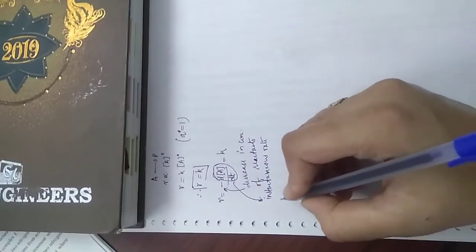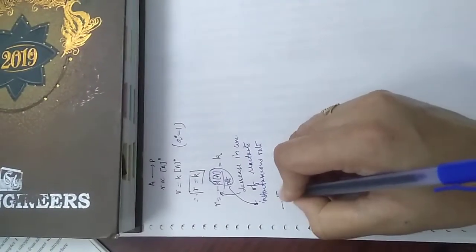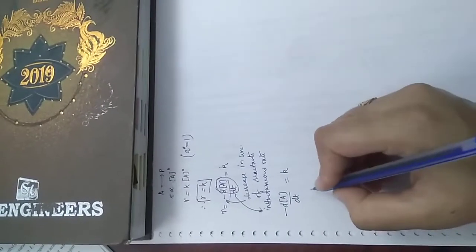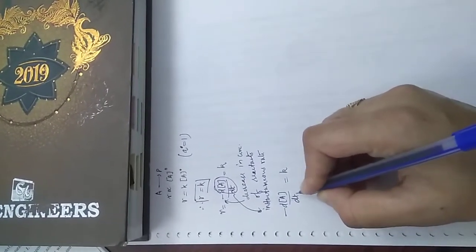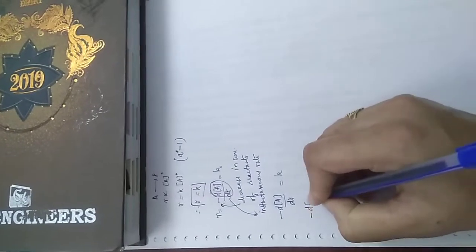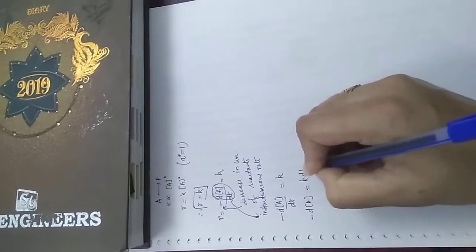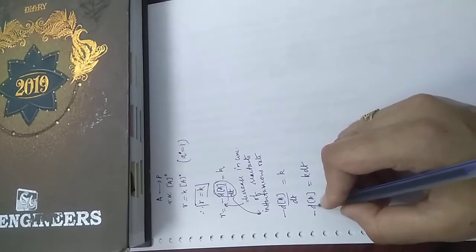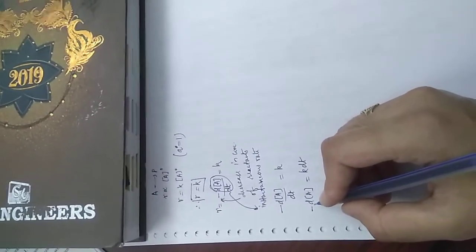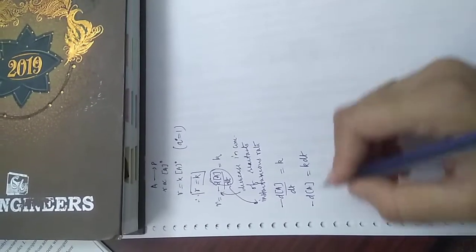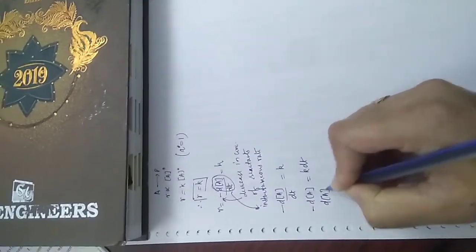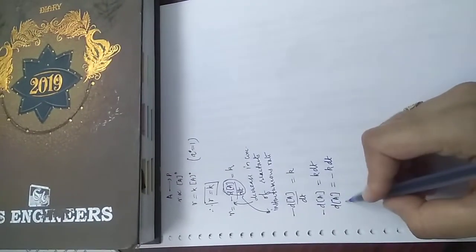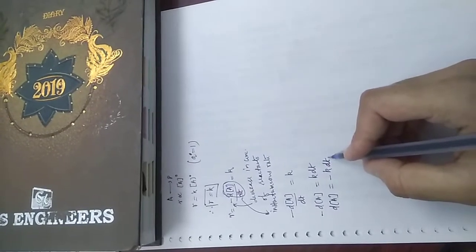Now, if we take this part only, minus dA by dt equal to K, and I transfer the time term to the right hand side, I'll get minus dA equal to K dt. On multiplying both the sides with minus 1, this negative sign will become positive on the right hand side and we'll get a negative sign on the left hand side. Now on integrating both the sides,